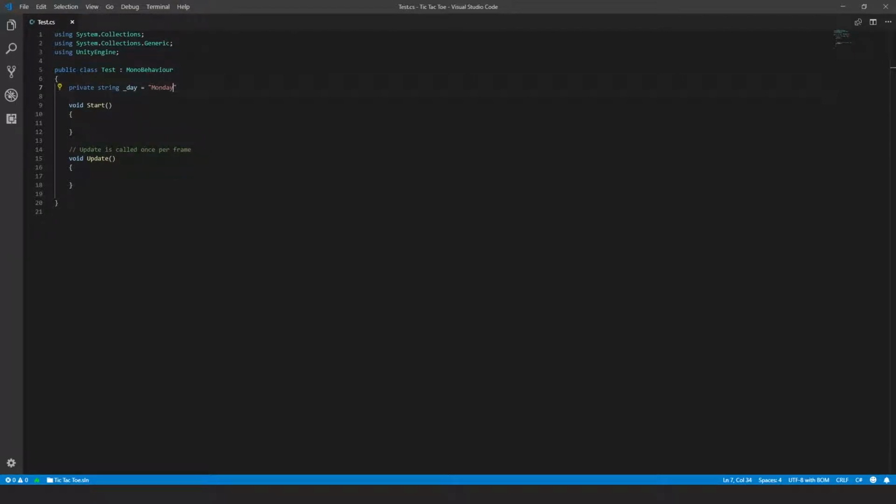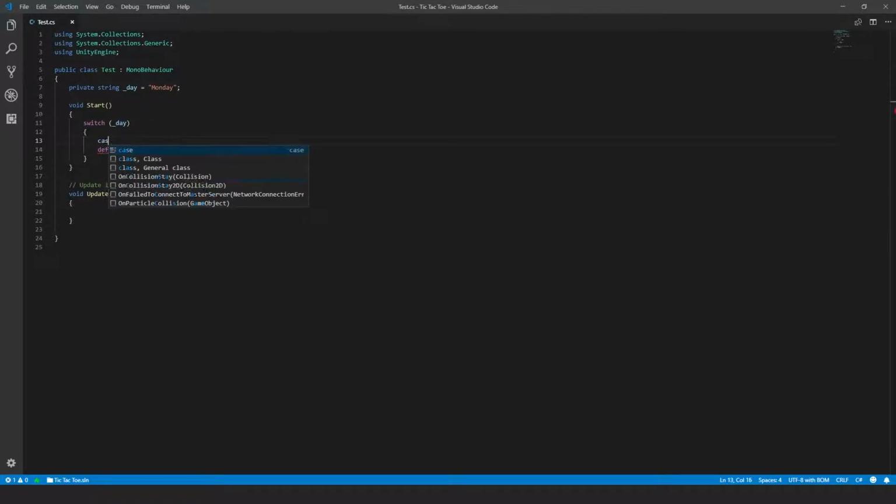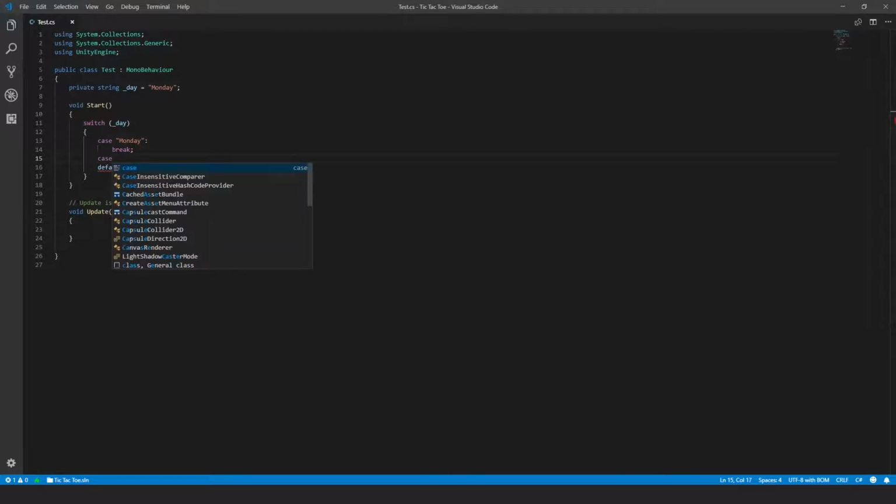And then in the Start method, let's start writing the switch statement by typing switch, opening bracket, _day, closing bracket. And then inside the curly braces, let's write all the cases, namely all the days of the week, by typing